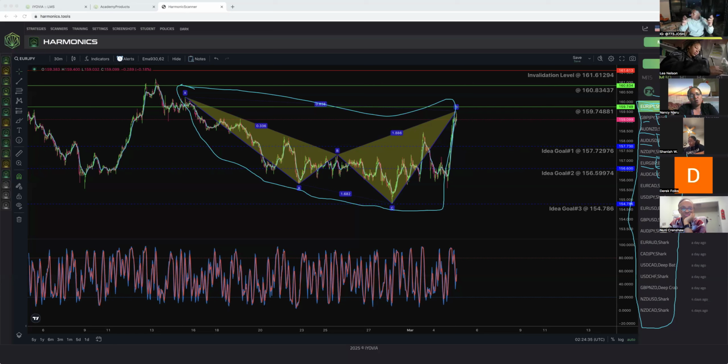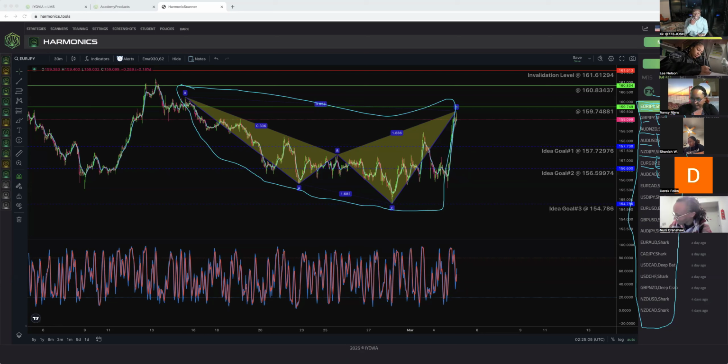Okay? So the ones that I actually focus on, and you could write this down, patterns to focus on. Do like a little key on your notes. I focus on butterfly. I focus on bat. I focus on gartley and crab. Butterfly, bat, gartley, crab, deep bat, same thing. All right? I don't trade shark patterns. I leave shark patterns alone simply because they just have the lowest success rate. And there's so many other patterns that I don't even need to worry about it.